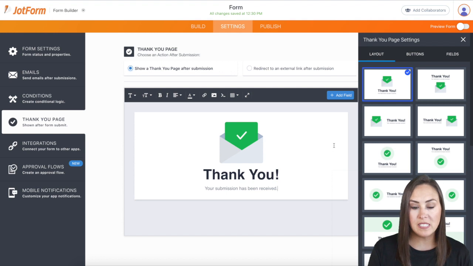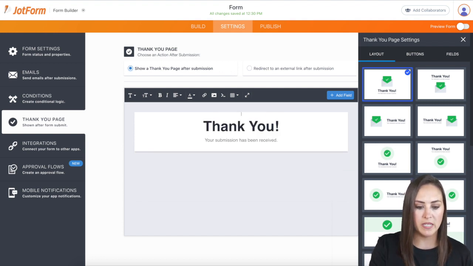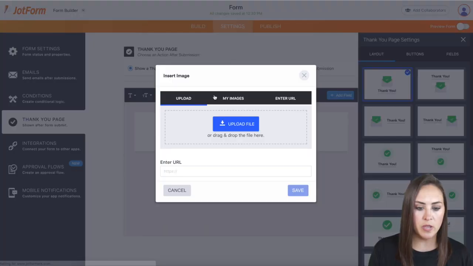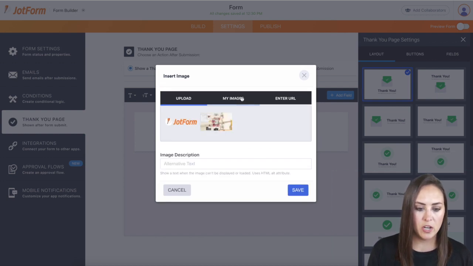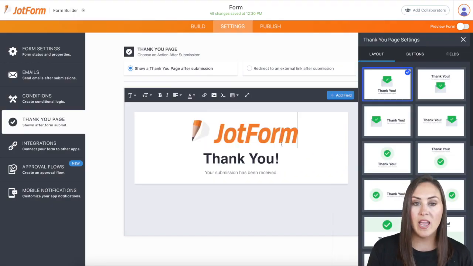From here, it's fairly simple. I'm just going to highlight this icon and I'm going to click my delete button to completely get rid of it. I'm going to come up to my formatting bar and I'm going to choose Insert Image. If you haven't already uploaded an image to Jotform, you can do that here. I'll go ahead and import or upload a Jotform image. I'm going to head over to my images, choose Jotform, click on Save, and now we have our logo on